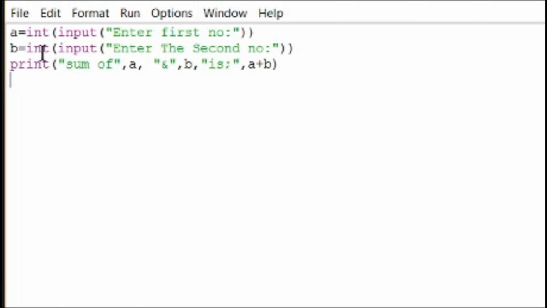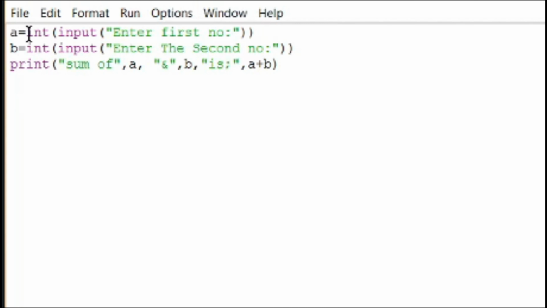Run means when we will process, that means processing of the program. It will run by the interpreter or compiler, the processing part. So execution of the program. When the program will be executed, the program needs the input to run the program. That means here this program needs two integer values and that to be given through the keyboard. So that is the way to enter two integer variables.